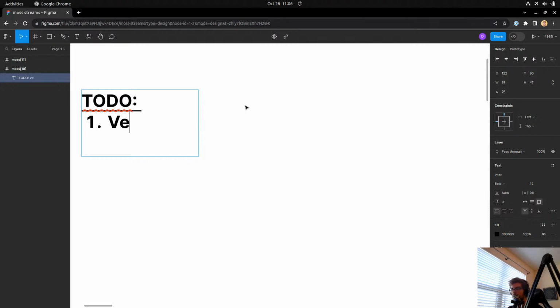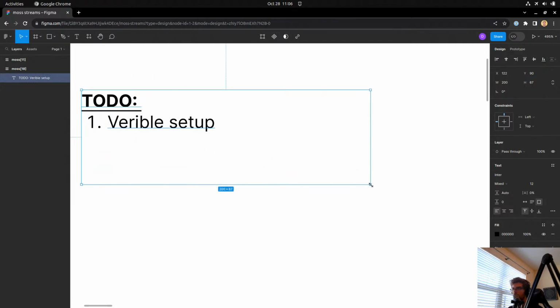Why does it not seem to like that I don't want it underlined? There we go. Variable setup. Let's say review variable setup, and let's make this actually a checklist here.